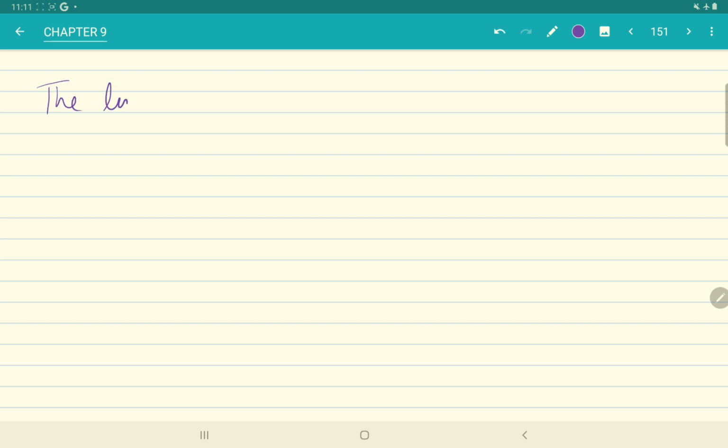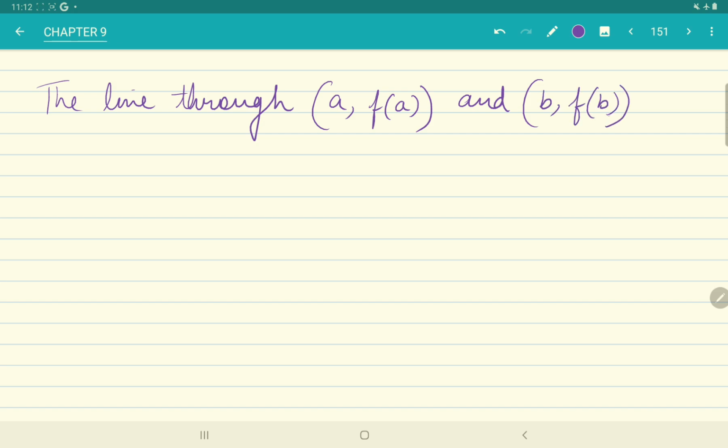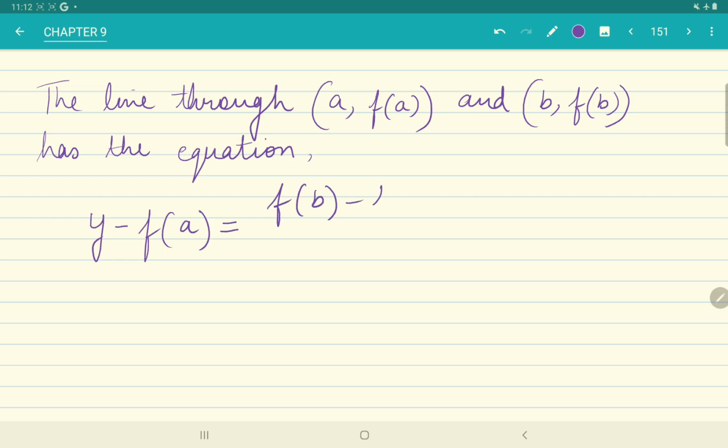So let me write the line through a, f of a and b, f of b, has the equation y minus f of a equal to f of b minus f of a divided by b minus a,